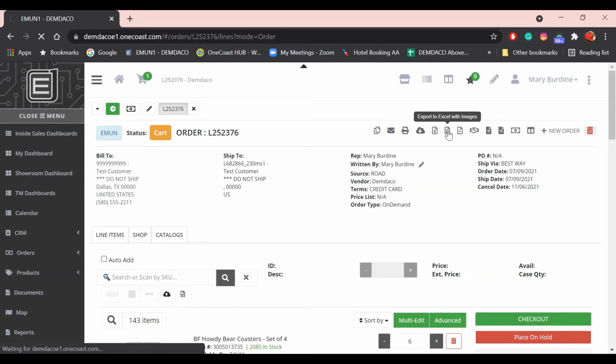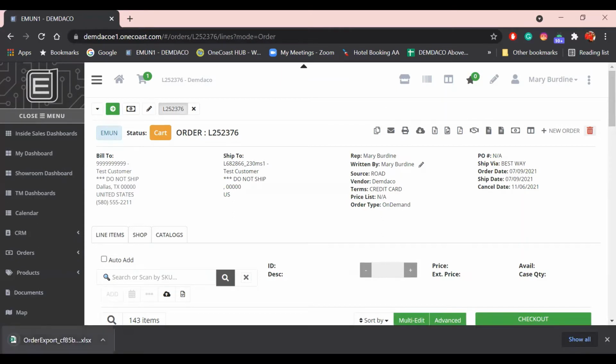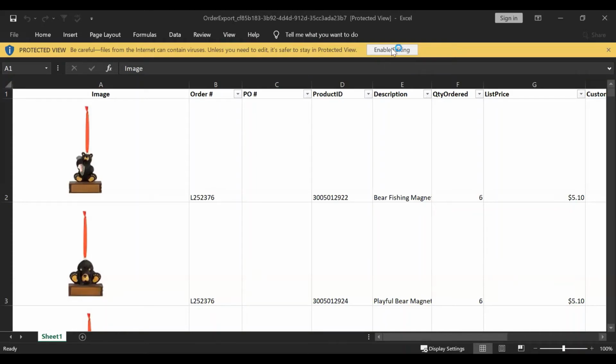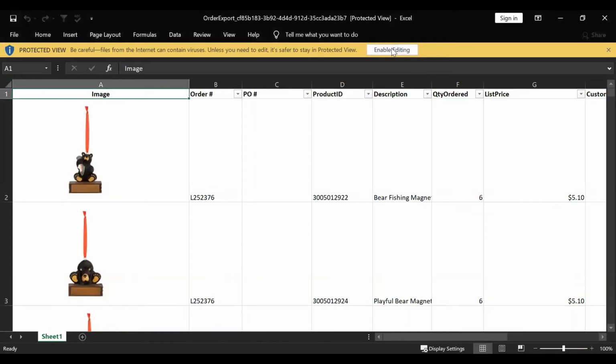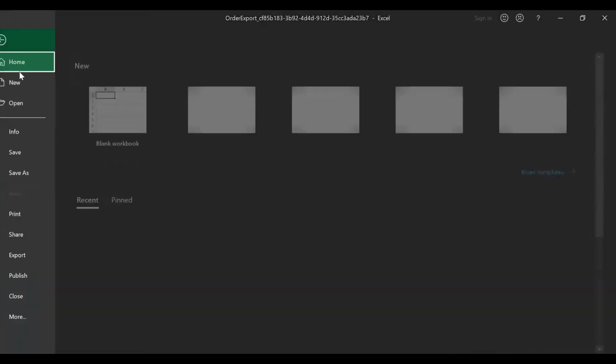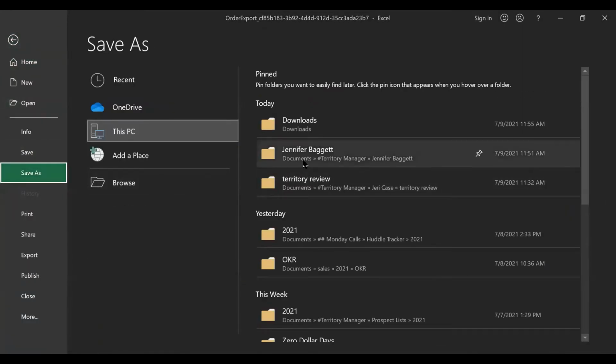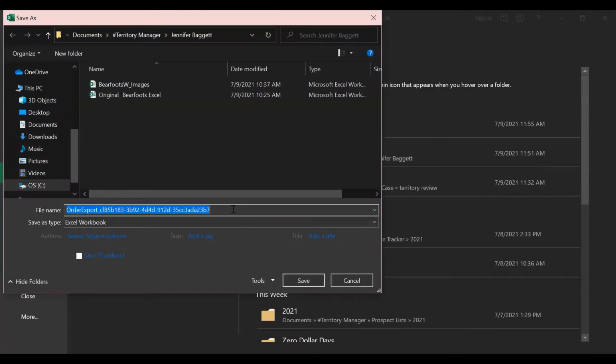And that'll take a minute because it's got a lot to share. And then the file downloaded there. So I'm going to open it up. I'm going to stop sharing and share this file with you. All right, here's the file. I'm going to tap Enable Editing. And then go File, Save As into your file, and we'll call this